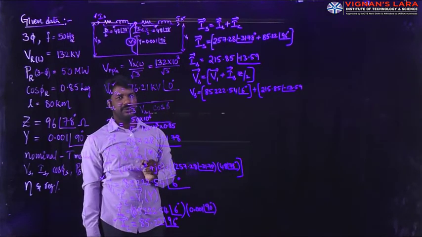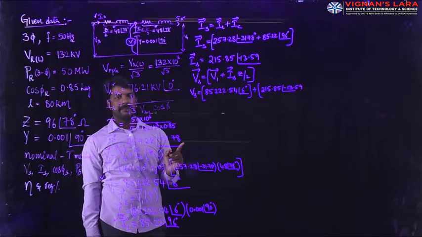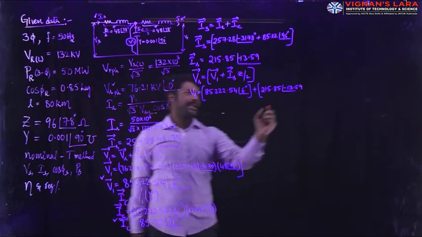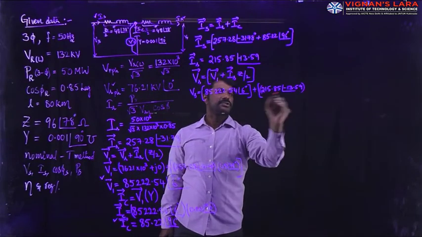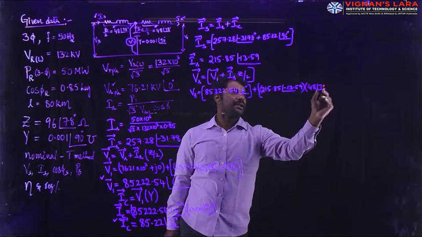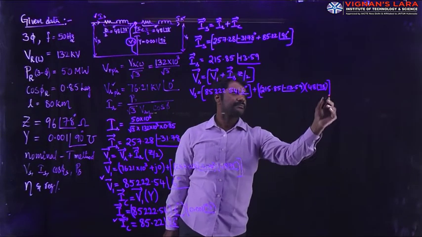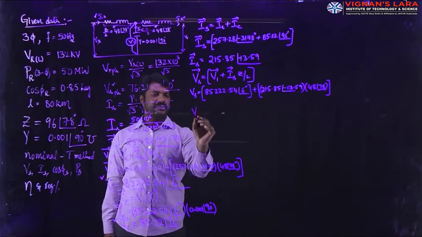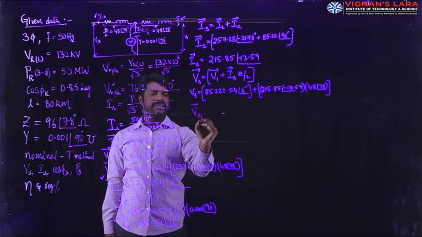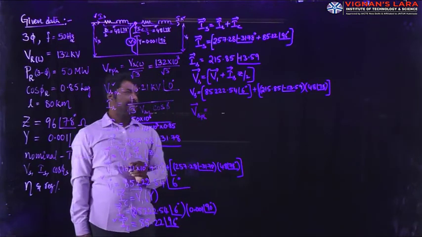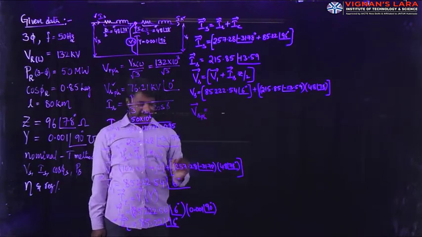What is Z by 2? 48 ohms, making an angle of 78 degrees. So the same thing I am writing here, which is to be multiplied with 48 ohms, which makes an angle of 78. Simplify in the calculator, then you will get the magnitude of the sending end voltage. All these are per phase values, I recall. Okay, simplify, then you will get the Vs as